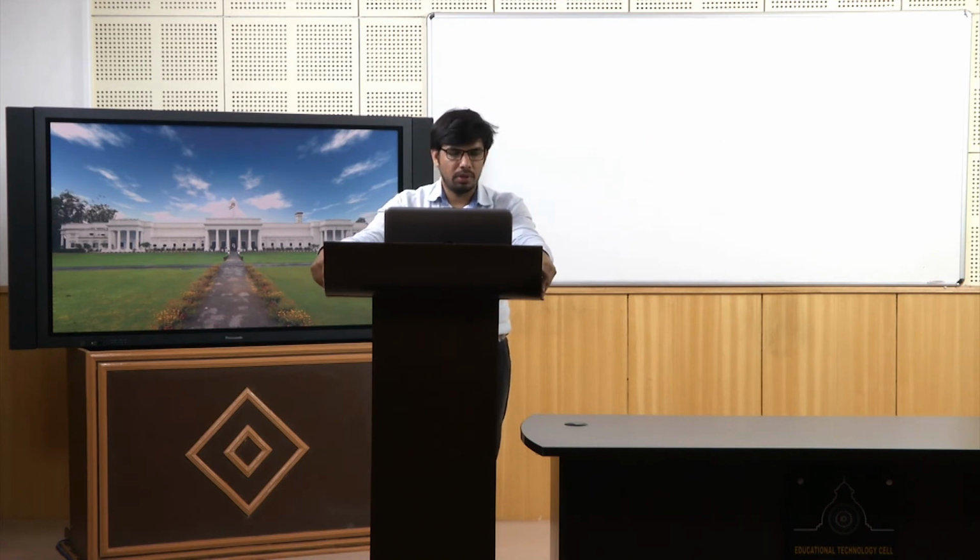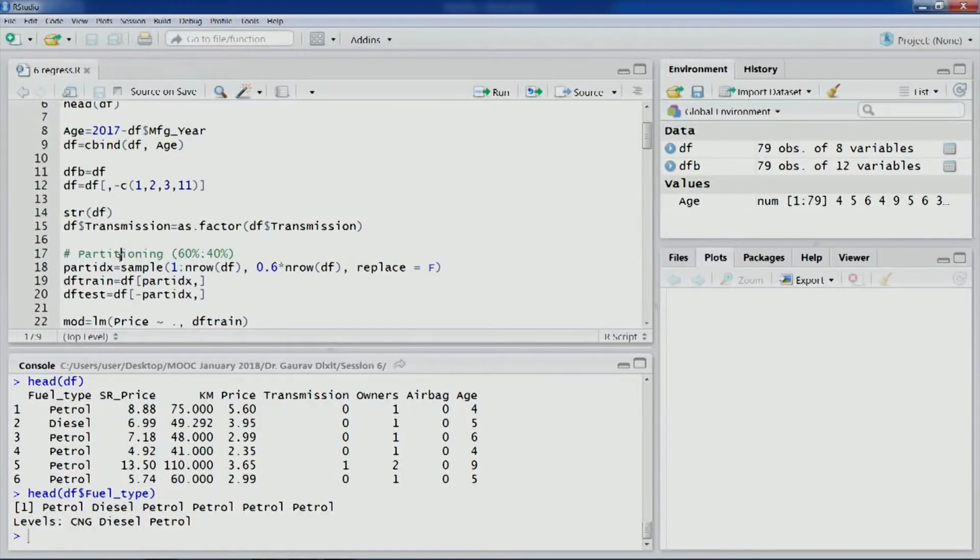In this exercise, we will partition this data set into 60% for the training set and 40% for the test set. So we won't be having a validation set. We would be building our model on the training set, and then testing our model on the test partition. So sample is the function that could be used to